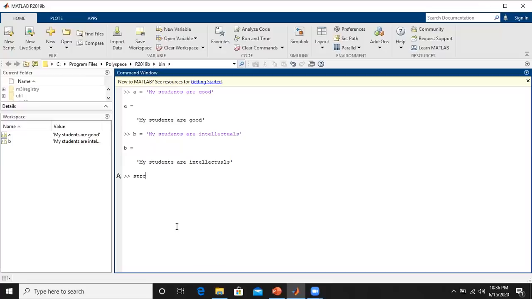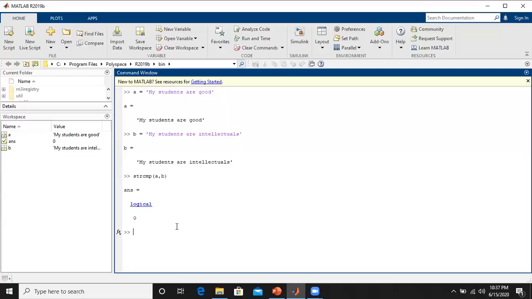So when I use strcmp between the strings a and b, the function takes the total strings completely, then tries to compare. If they are not equal, it provides the logical 0. So here, by looking at good and intellectuals, they are different, so we get the answer as logical 0 here.